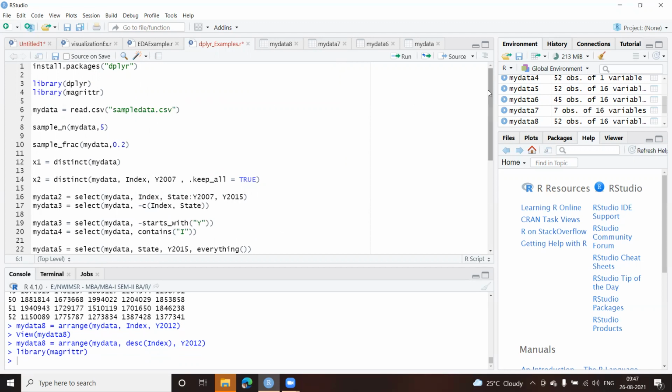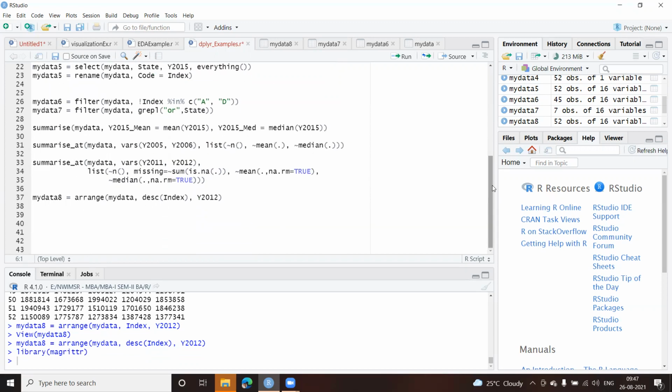Now let us use the pipe. In the previous example, when we were doing the EDA example, we had done lots of piping. We had used the pipe operator, also known as the infix operator. For example, let us create one data frame.